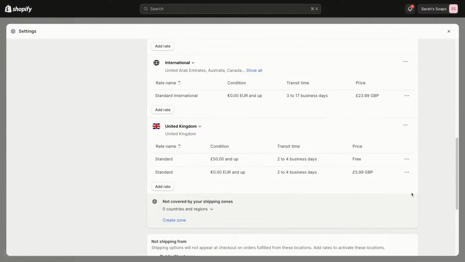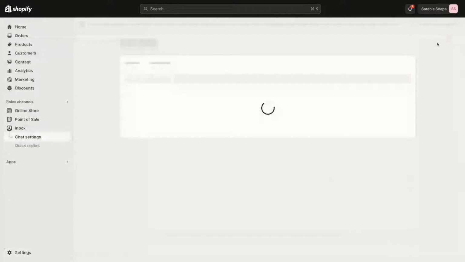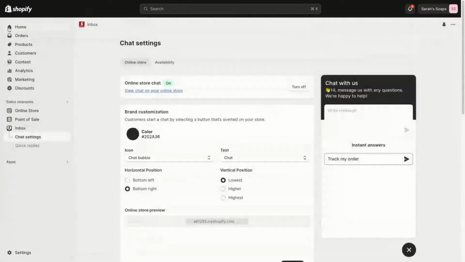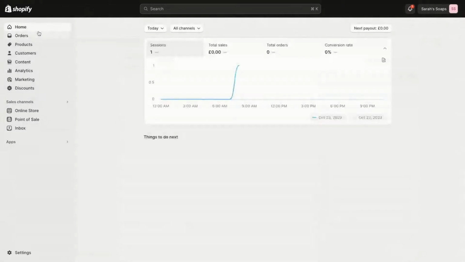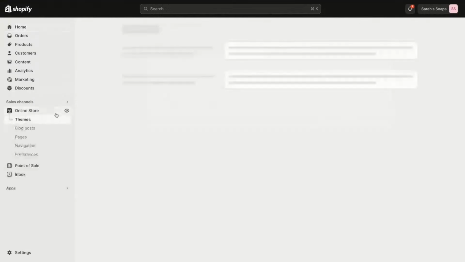So the next thing that we'll take a look at is preparing your store for unforeseen events or circumstances. While we all want to have a successful flash sale, sometimes things are beyond our control. An issue might come up with a third party. So we might just want to press pause on the whole situation to make sure that it doesn't get any worse. So what we can do is go into our online store, and